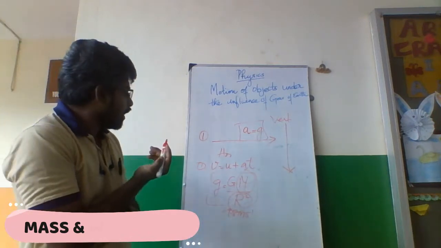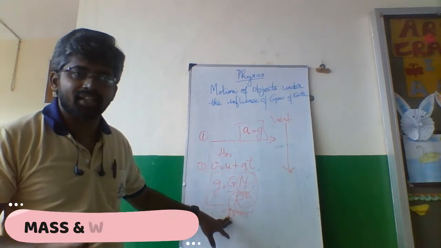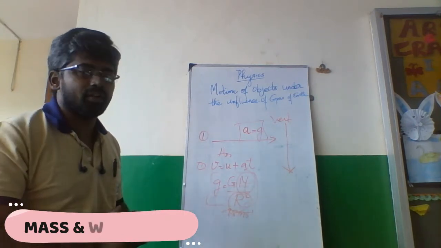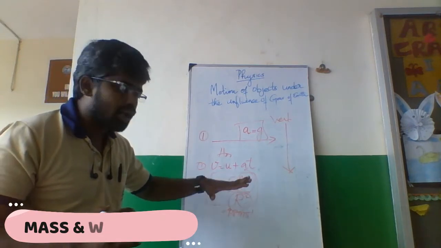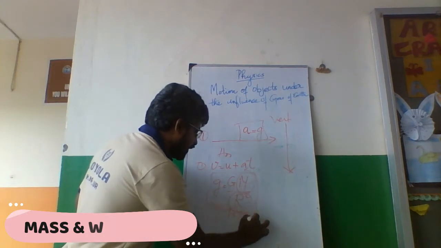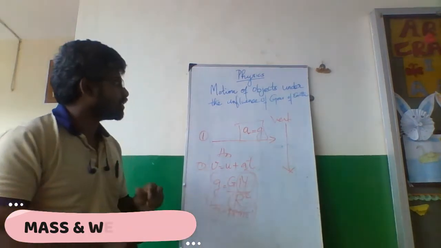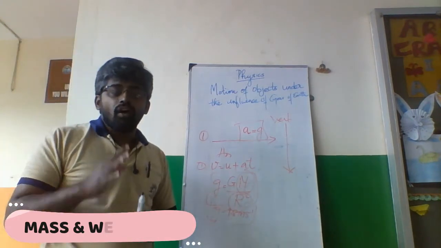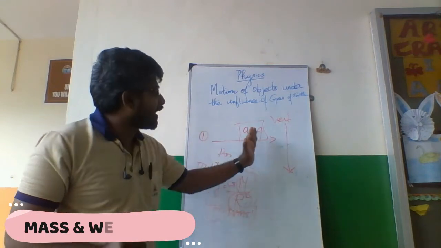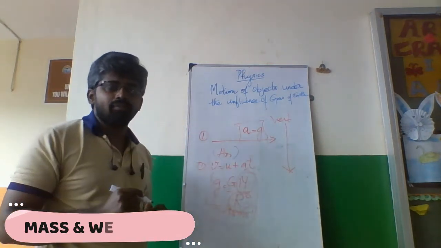Now I said this acceleration due to gravity is almost 9.8 meter per second squared, which we calculated in the last class. If you have doubt, go and check the video. We have derived this equation and found g is equal to 9.8 meter per second squared. Now we have already done the three equations of motion in a horizontal plane.